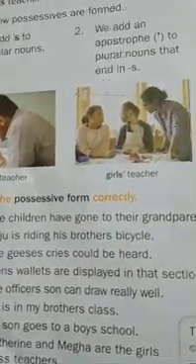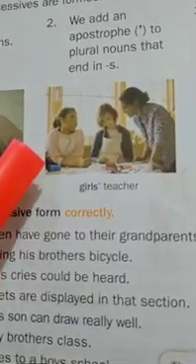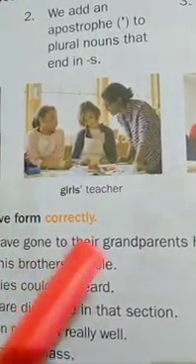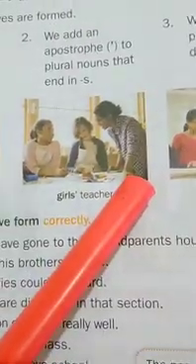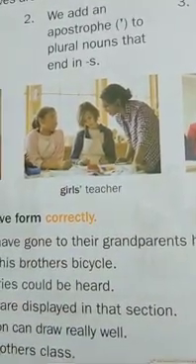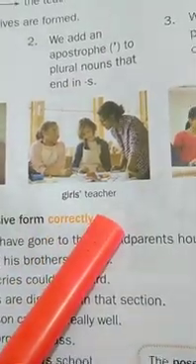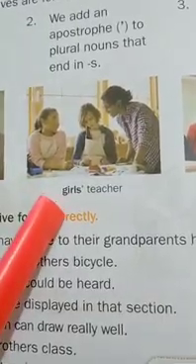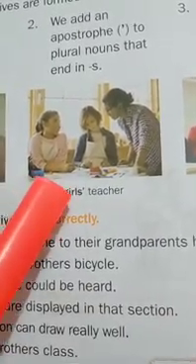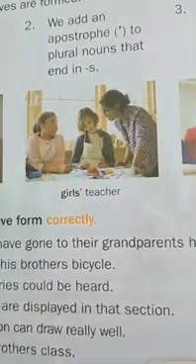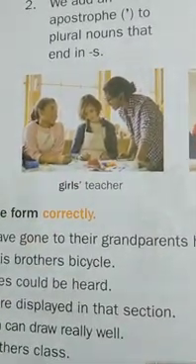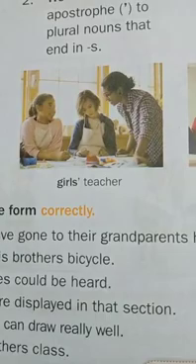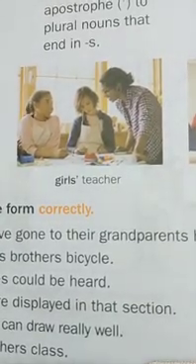Now we will see the next picture. See here. Here are two girls and one lady. Okay. That lady is their teacher. Then so we can write like this, girls' teacher. Means here are two girls. So we have written here the plural form of girls, and then we have written here an apostrophe mark. Okay. After the plural form of the noun, we use an apostrophe. When there are many girls, we use s and then an apostrophe.